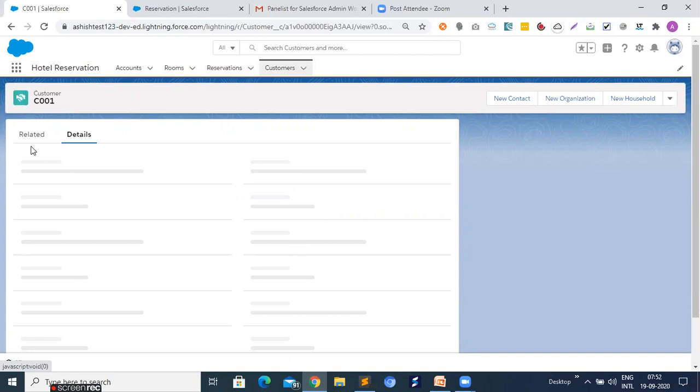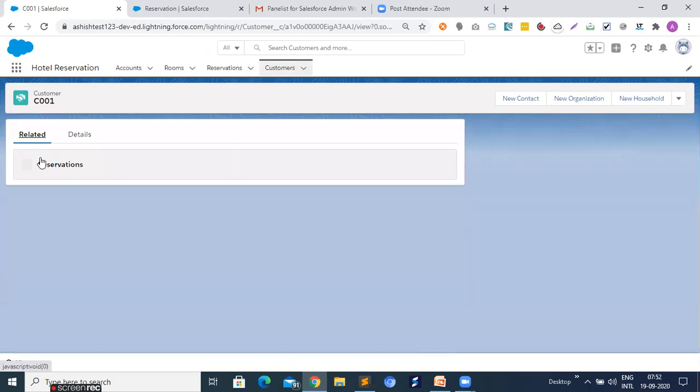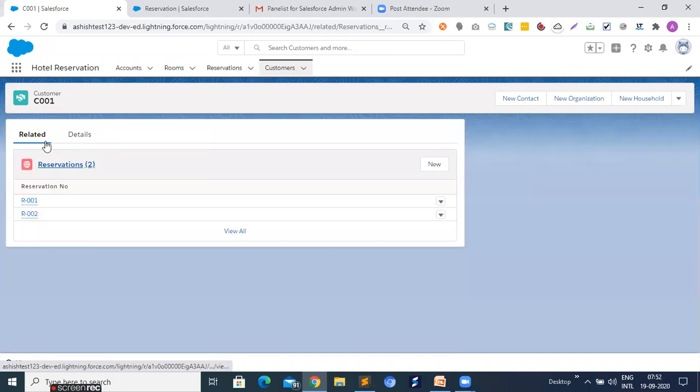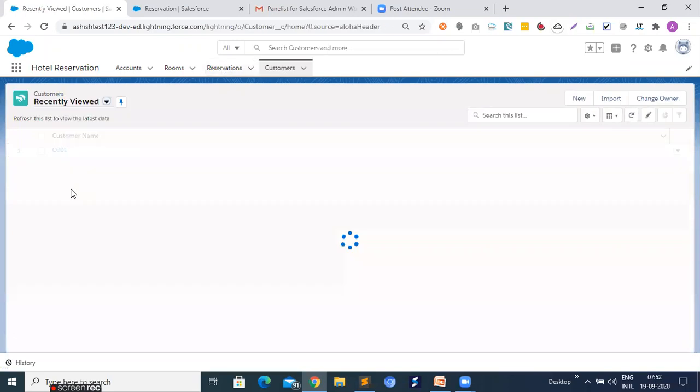And in related, you get the related record. That means reservation record. So for this customer, you have two reservations, right? So related record allows you to check the child record of a particular object, right?